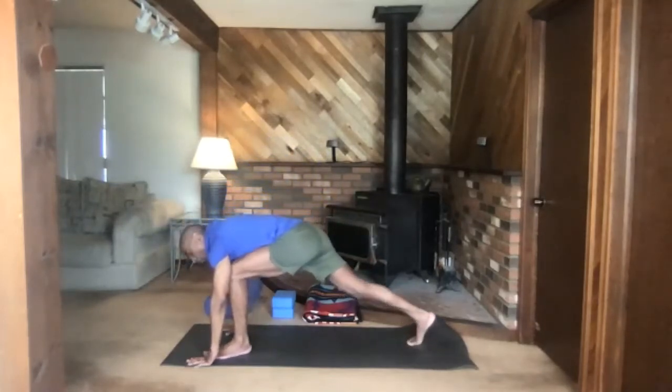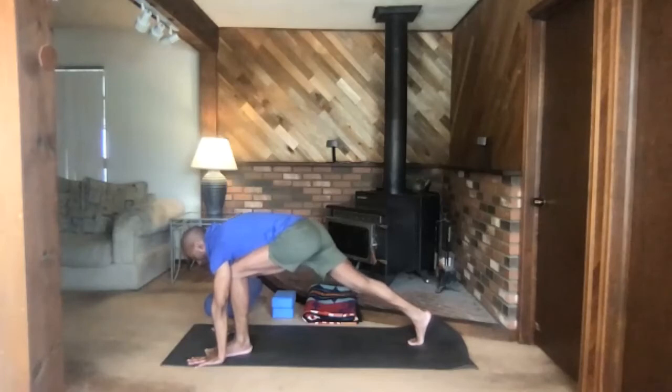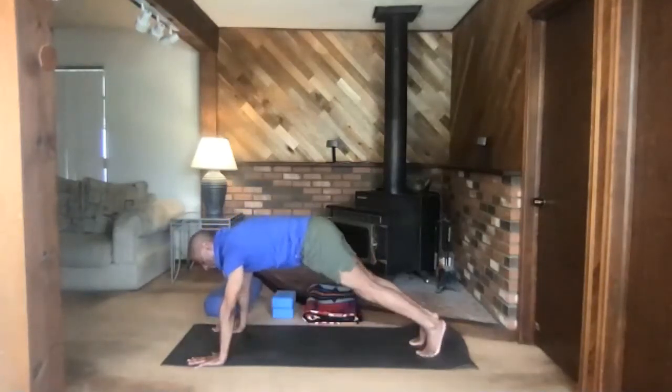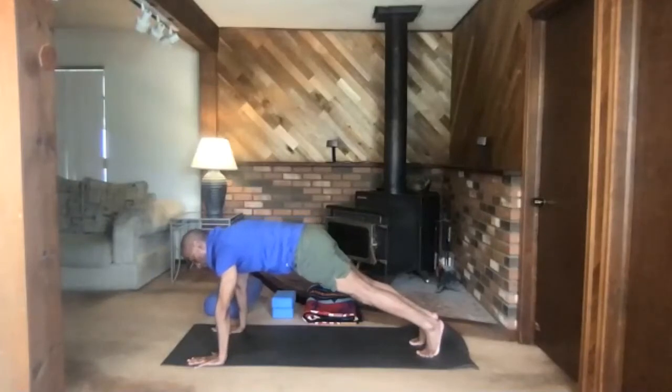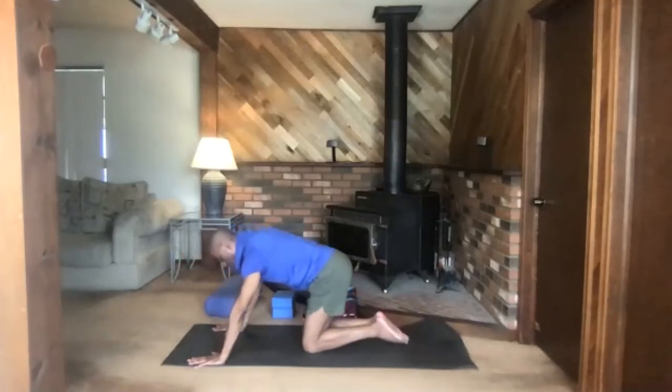Rise up onto the tiptoes behind you. Return to this high lunge, your runner's lunge. Press palms into the ground. Slide left foot back. Plank pose. We like to hold for a bit of strength here. And just from here, we'll bring the knees to the ground. We'll take a rest. We'll sit back